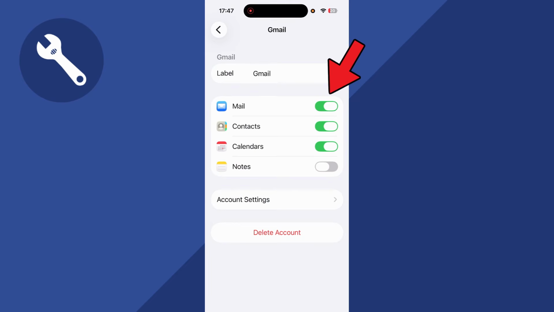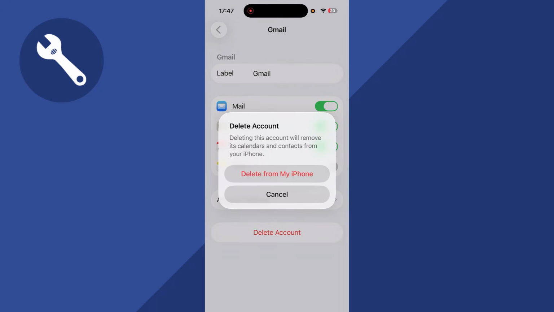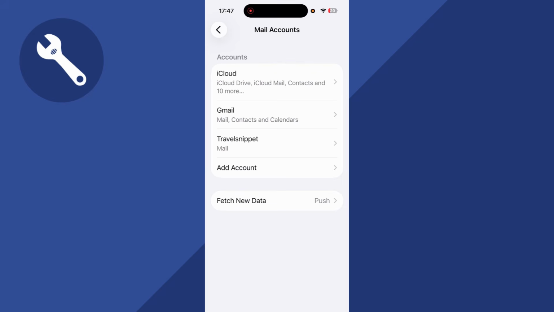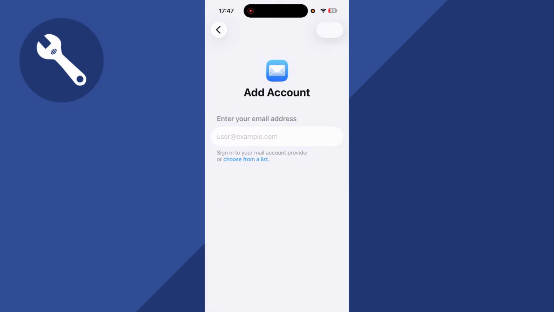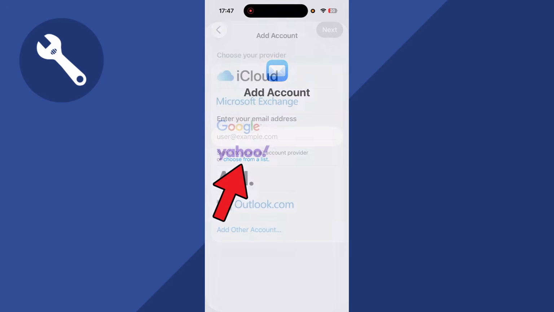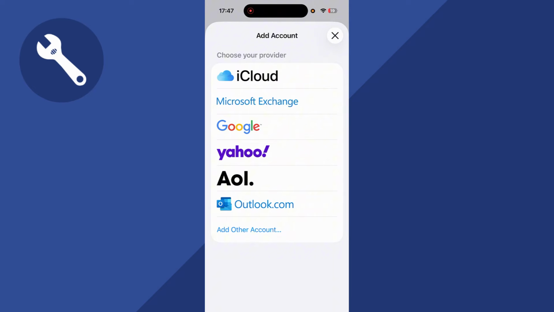Make sure Mail is turned on like you see here. If it's already turned on and it's still not working, you can press Delete Account and click on Delete from my iPhone. Once it's been deleted, we can come back over to Mail Accounts, click on Add Account. You can then select Choose from a list and now you'll need to go through the steps to re-add your